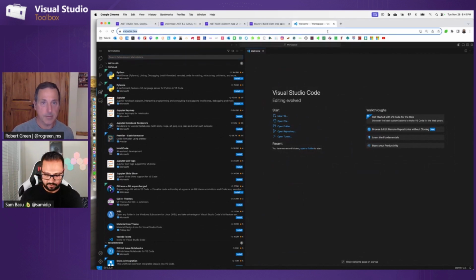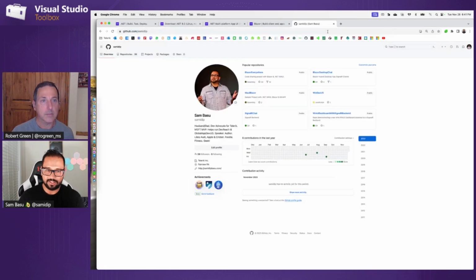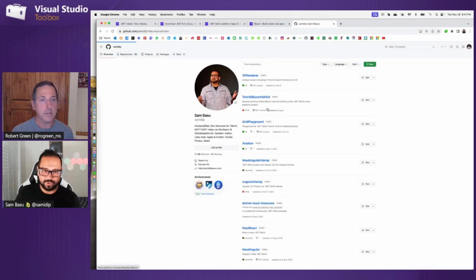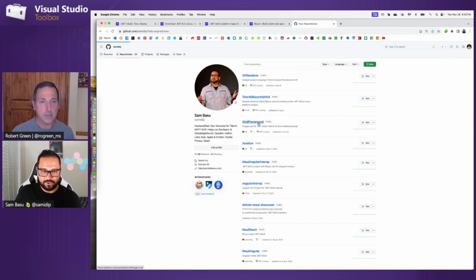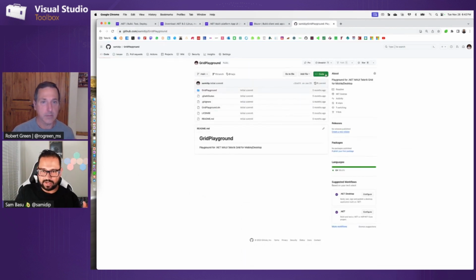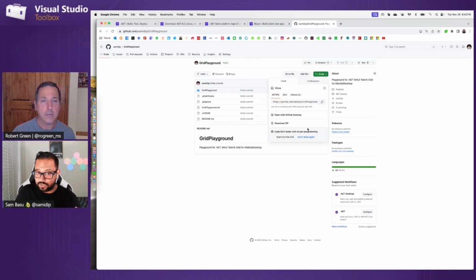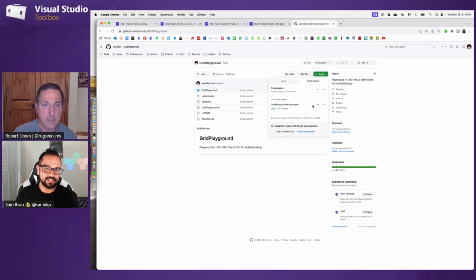Okay. And speaking of GitHub, you may have also heard about the other thing that GitHub does really well and Microsoft does really well. It's called Codespaces. So let me go in here to a public repo, and I can pull down code. Like I can clone the repo, I can pull it down with GitHub Desktop. I could download that as a zip, or think about it this way: you have a team lead and you are working on a complex project with lots of projects in a solution, and you have lots of moving parts. You want a place where everything is set up for a new developer to come in and just start being productive. That's Codespaces essentially.